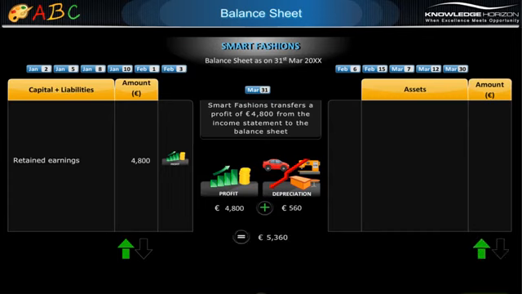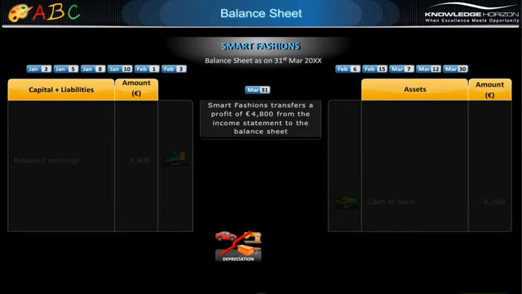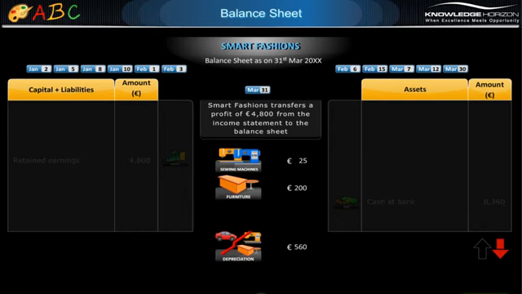Thus, an increase of €5,360 in the cash balance takes place. The cash profits increase the cash balance to €8,360. Moreover, the depreciation of €560 reduces the value of the assets. The details of depreciation charges were machines, €25, furniture, €200, car, €335, total,